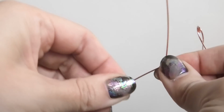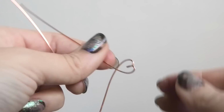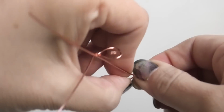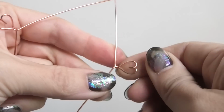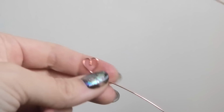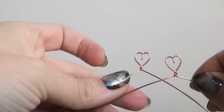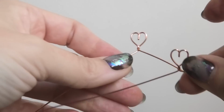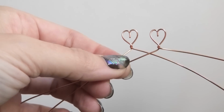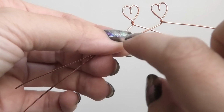Like that. And then same thing here, just twisting in this direction, like that. All right, so now that you have that little twist there underneath your heart, I personally like to hammer it